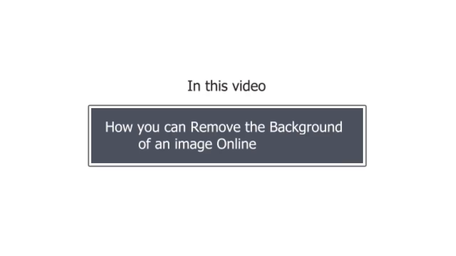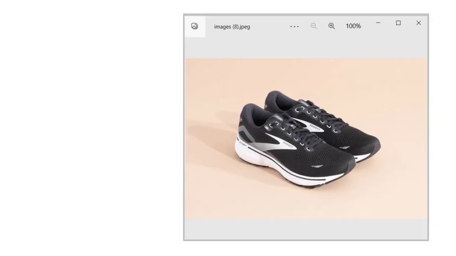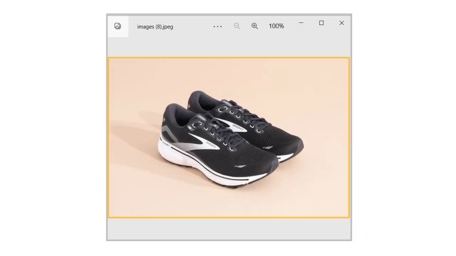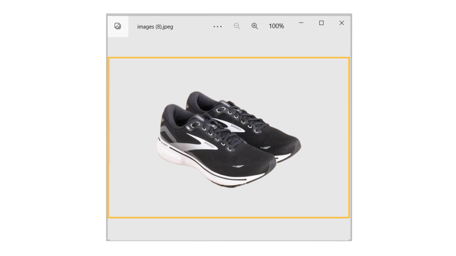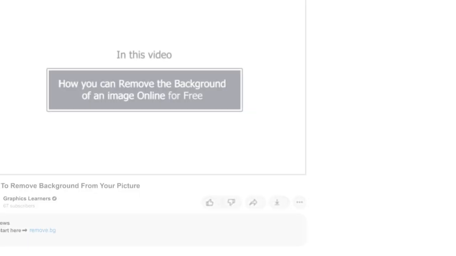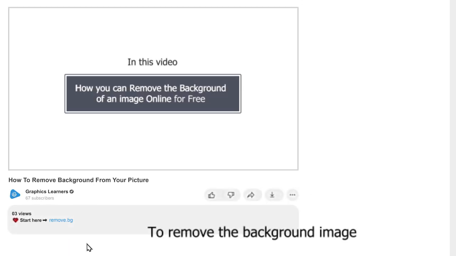Hi, in this video, we will see how you can remove background of an image online for free. Let's say you have an image like this and you want to remove its background. So to remove the background image,